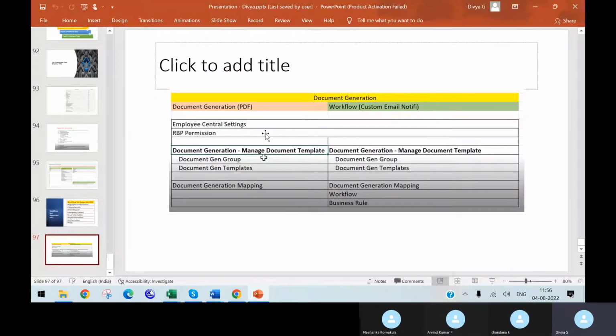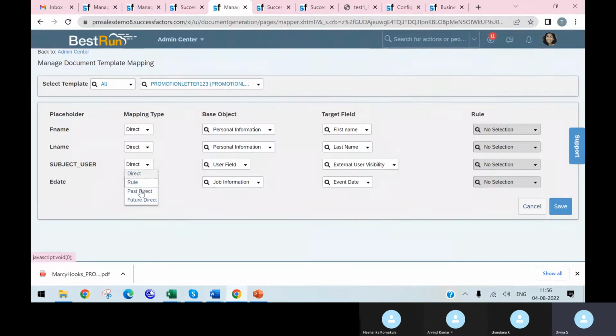Employee Central settings, you need to enable it. Then you need to give the permissions. Then you need to go to document. After giving the permissions for the document generation and templates, then you will have this field. Then whatever template you are preparing there, you need to map. If you want to map someone here with the user like this, if I select the user,